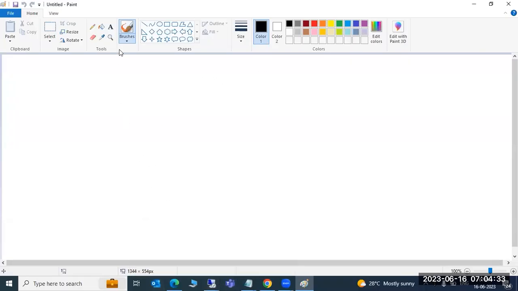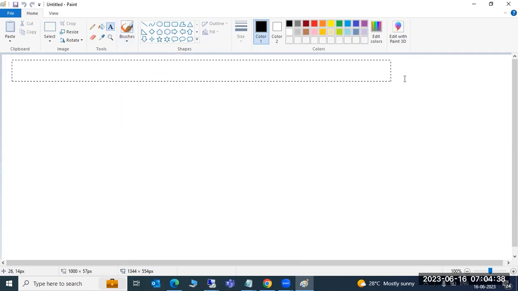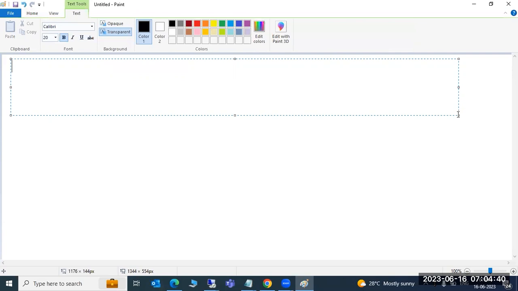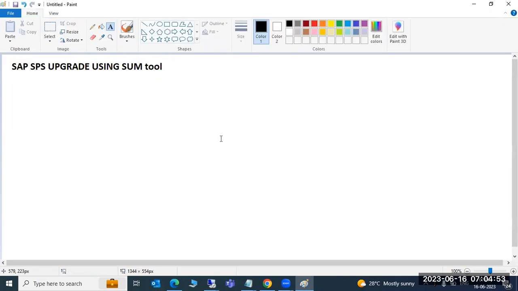Okay, to recap what we discussed. In our previous class, we were discussing the SAP SPS upgrade using the SUM tool. Which SUM tool we are using, we know the difference between the SUM 1.0 and the SUM 2.0